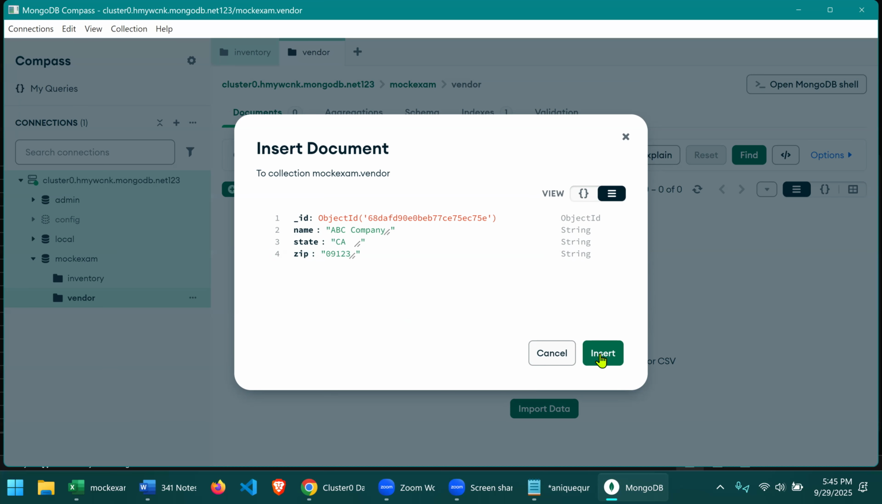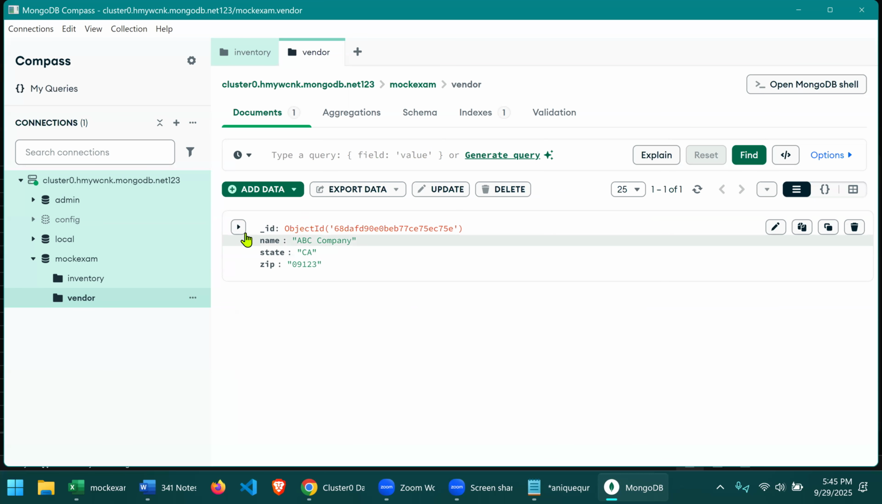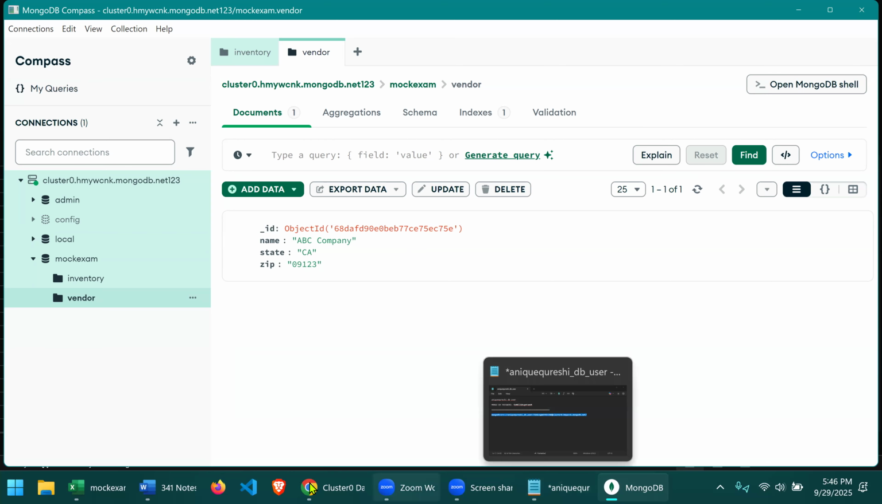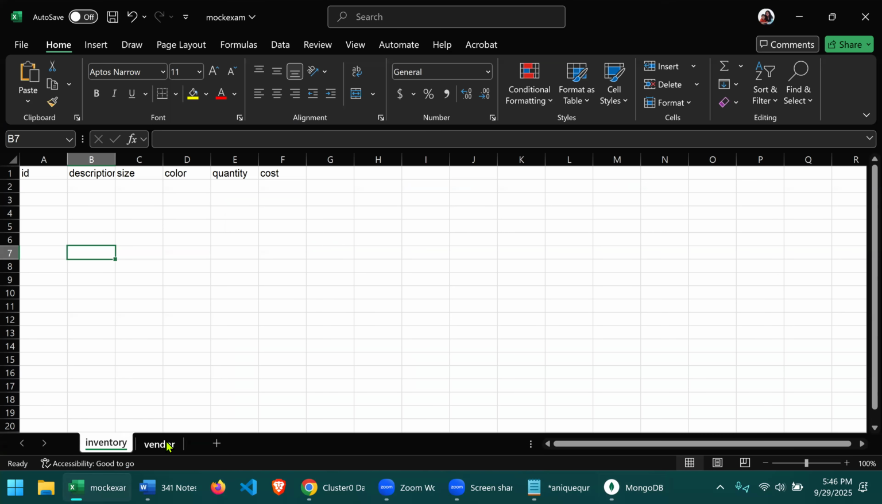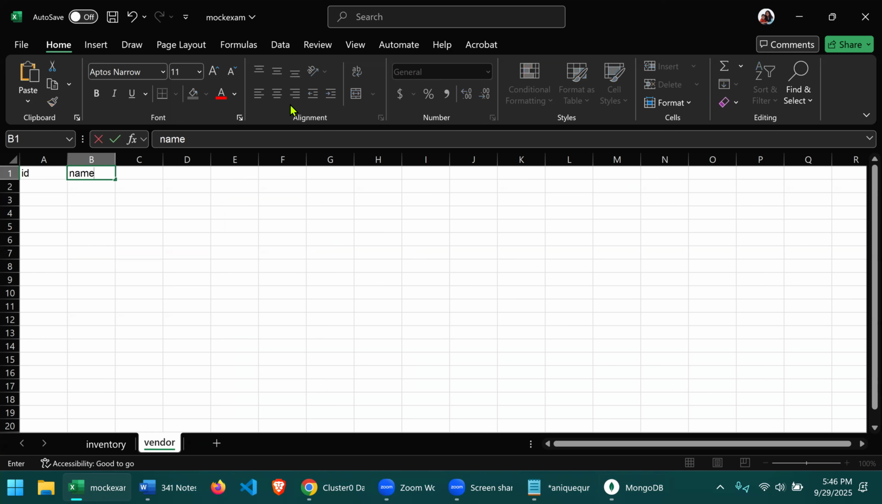So now I'm going to insert it. And so I've got ABC Company, California, 09123. So that's just the equivalent of going in here, having whatever the ID is. I won't bother copying it. And then saying the company name and then zip. So zip was